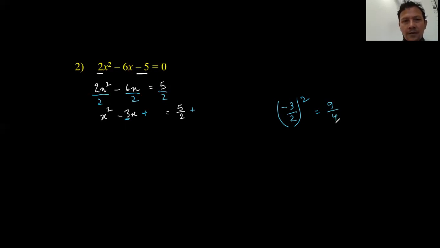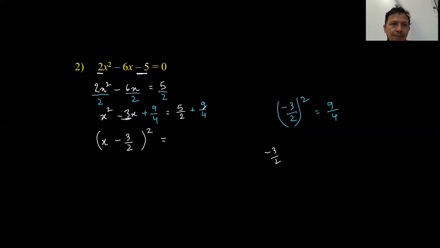So this time it is a fraction. We need to add 9 over 4. So here we add 9 over 4, 9 over 4. All right, so what do we have over here now? We can immediately get a perfect square on the left hand side, x plus or minus something. How do we get that something? From this coefficient of x. So minus 3 divided by 2, and let it be as an improper fraction. Minus 3 over 2 all squared is equal to